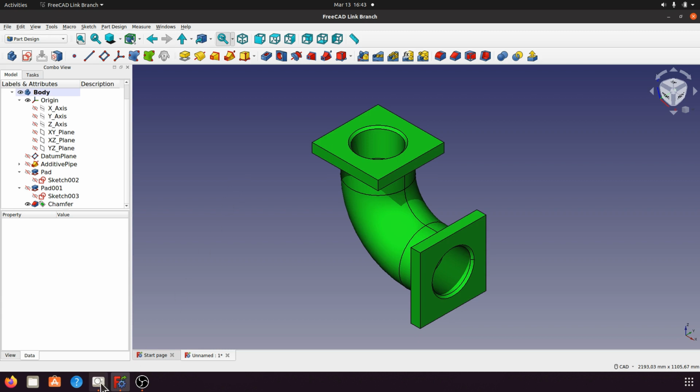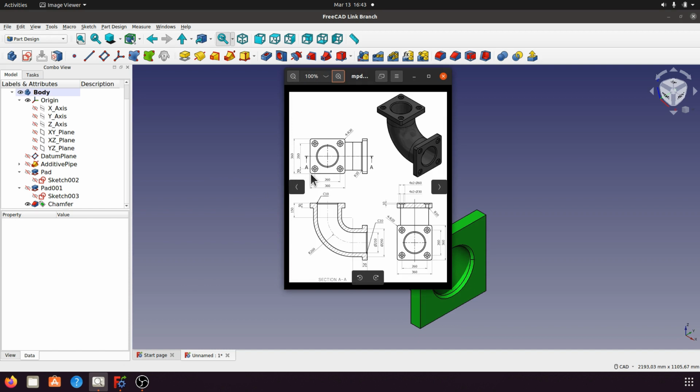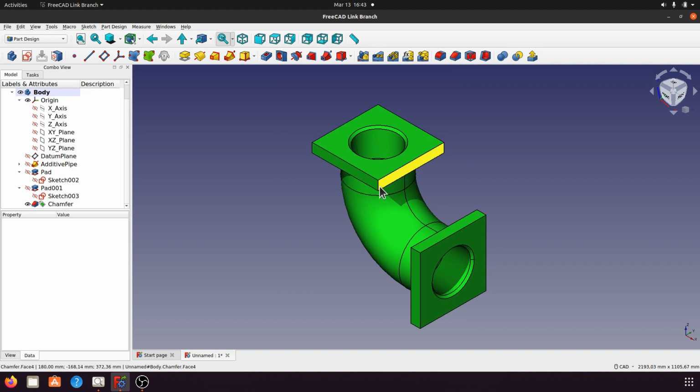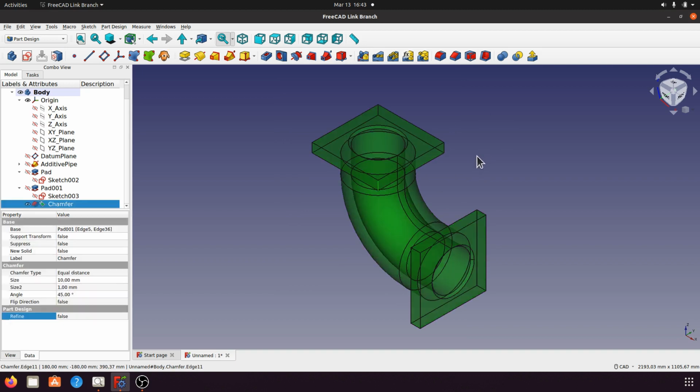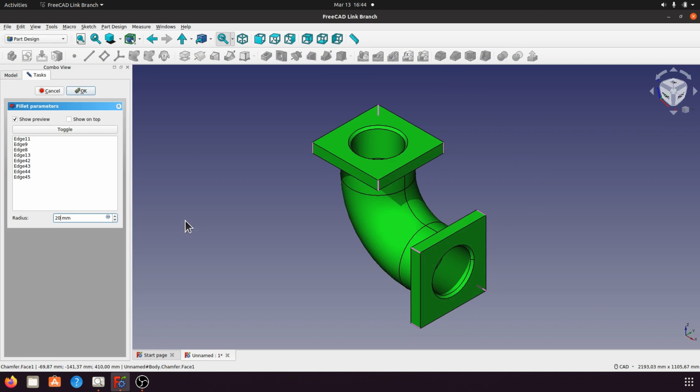Okay, so for the fillet, about 20 millimeter radius. So click this line using control, click this line, click this line, click this line, click this line, this line, this line, this line. For the fillet, 20 millimeter. Okay,